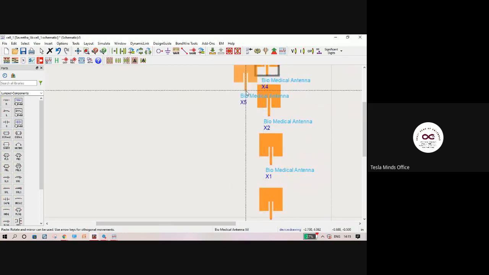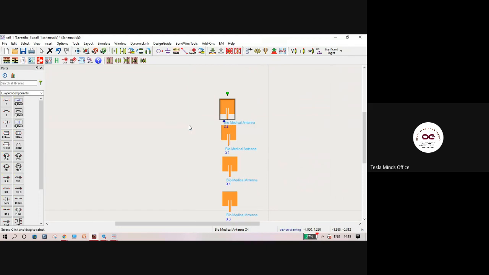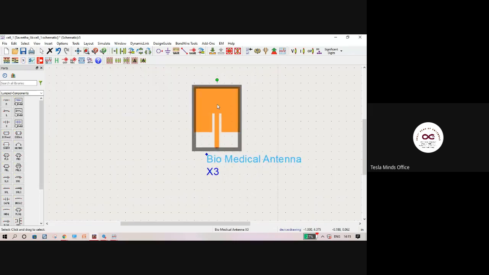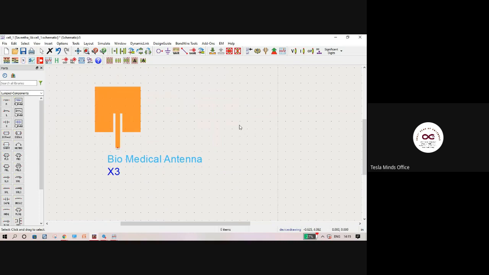This EM model, right? So the difference is in the schematic window, I cannot draw anything. I can just pick and place. So I cannot draw an antenna, but here I can add a filter, add an amplifier with my antenna design, and simulate it together. That I cannot do in the layout window. In the layout window, I cannot have a resistor. I cannot simulate for high frequency. So layout is a frequency domain, or completely frequency response kind of design. But in this simulation, we can give voltage input and check the response.